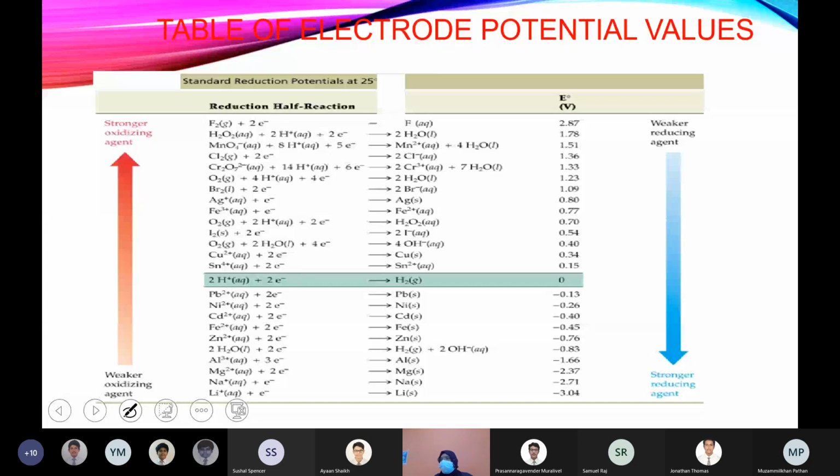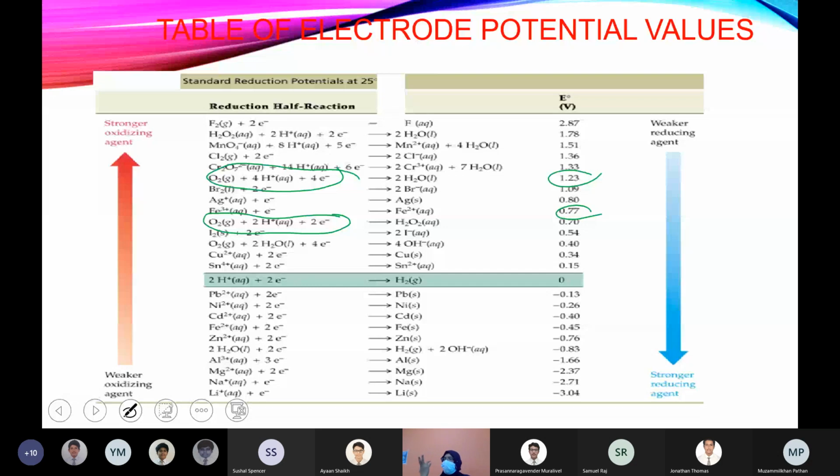Like there are two oxygen formulas, O2 plus H plus ions and O2 plus water. Those are two different reactions. The electrode has to be of oxygen only. It is based on the condition, acidic condition, with 4H plus and 4 electrons, because oxygen can undergo reduction in this reaction and that reaction depends on the condition. So if this is the reaction happening for oxygen, then you have to use this electrode potential. If the other reaction is happening for oxygen, then you have to use the corresponding value for that.